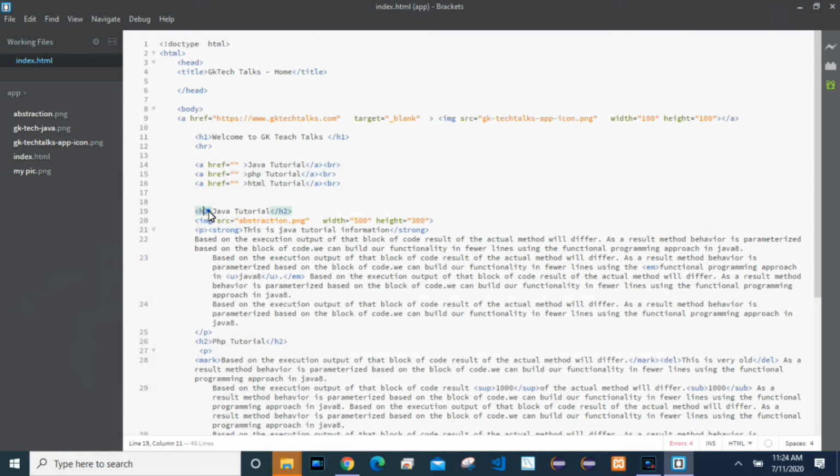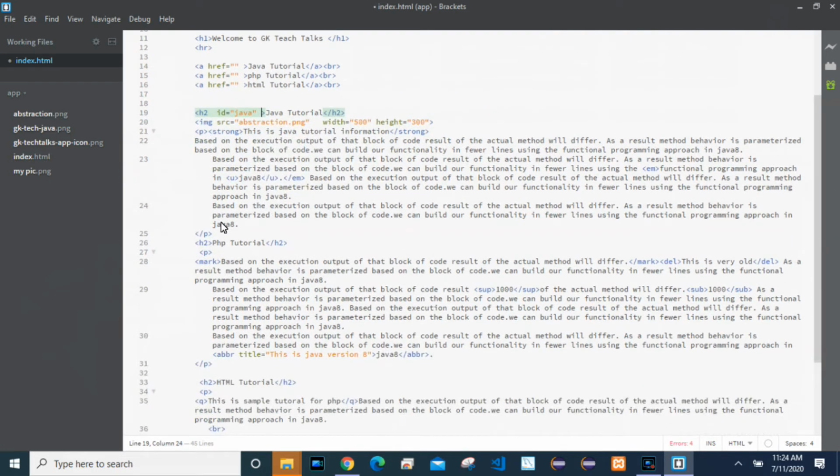See here, for the h2 tag, I'll just give id equal to Java. Similarly, I'll give an id for PHP, id equal to PHP.